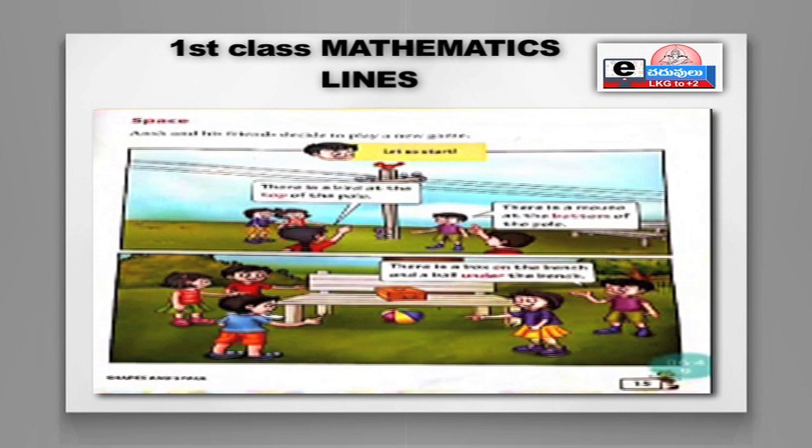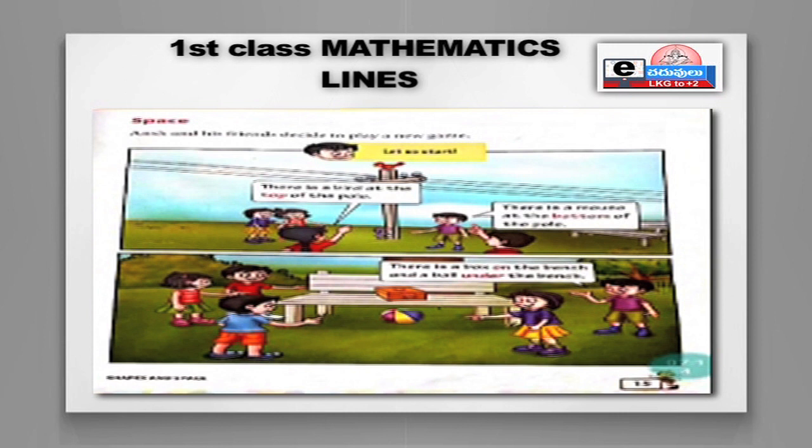One bird is on the top and the mouse is on the bottom. Yes, top from bottom, top to bottom. Okay, like this you have to identify the things. I hope you did a video on things like this, right? In, out, under, up and down, like this you did a video.